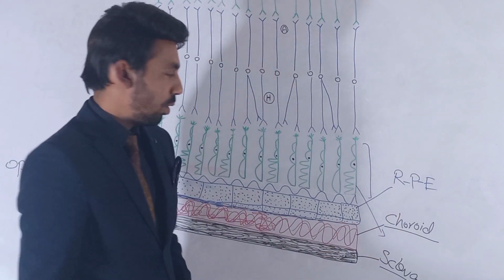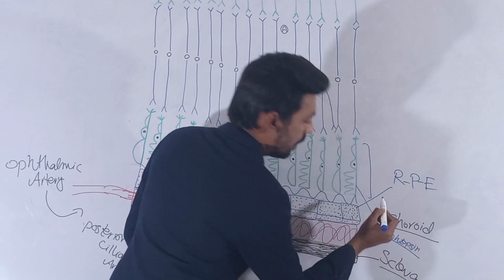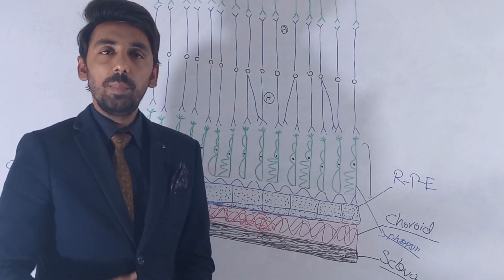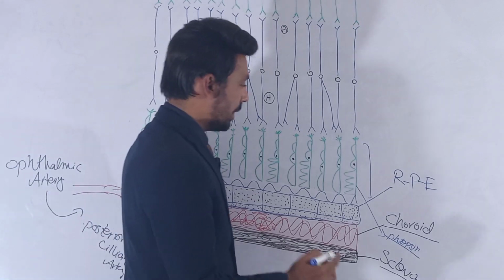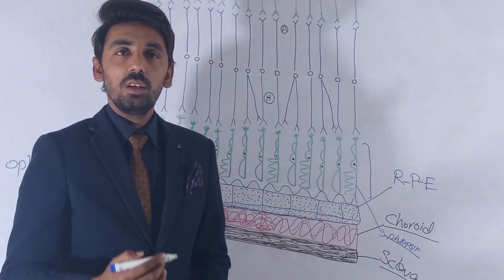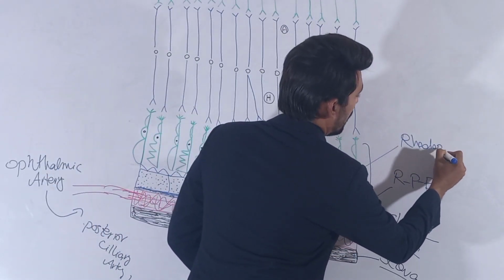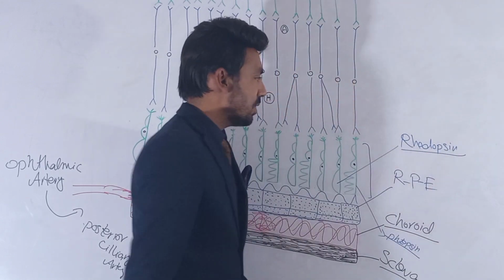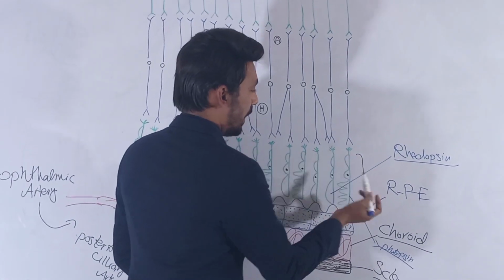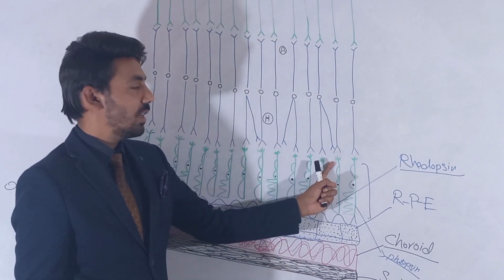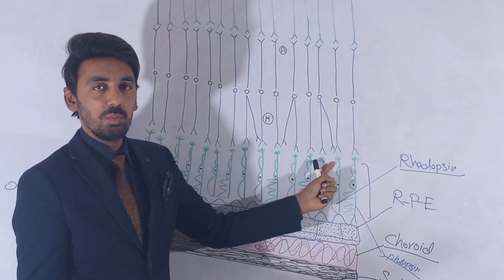So, the cone has photopsin. This is actually the pigment which is helpful in the daylight to differentiate different colors. And the rods have rhodopsin, the pigment, and this rhodopsin is helpful in the dark. So next to the photoreceptor cells, the last portion of the photoreceptor cells is the synaptic terminal, right? Which has different neurotransmitters. We will discuss the neurotransmitters later.